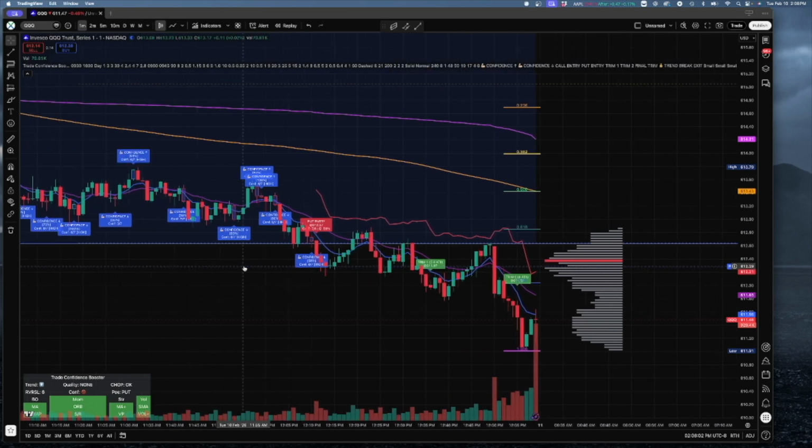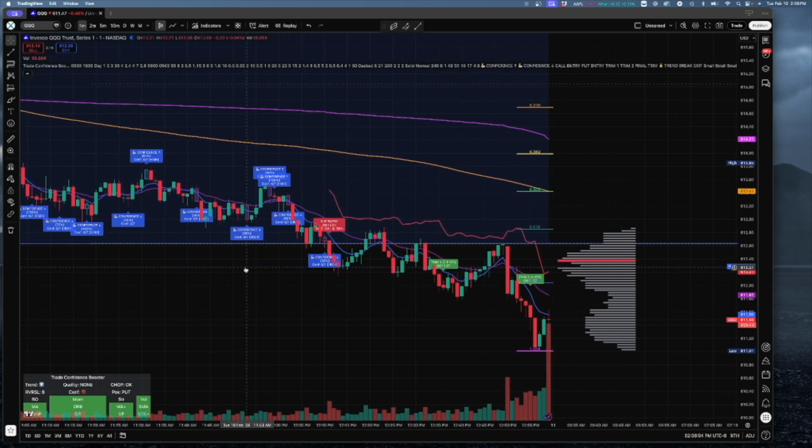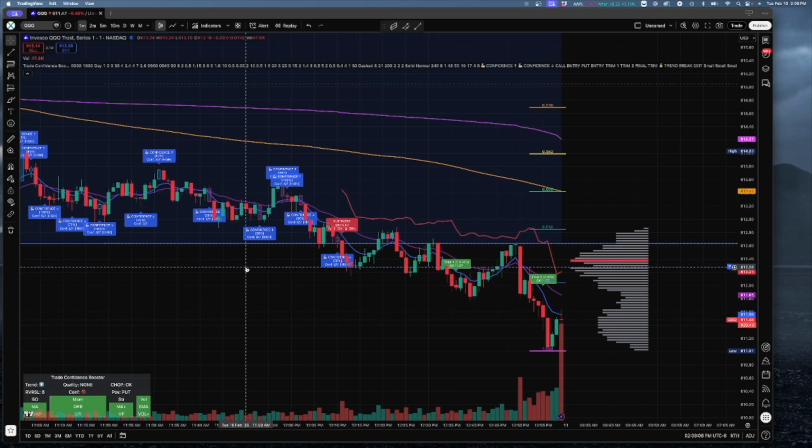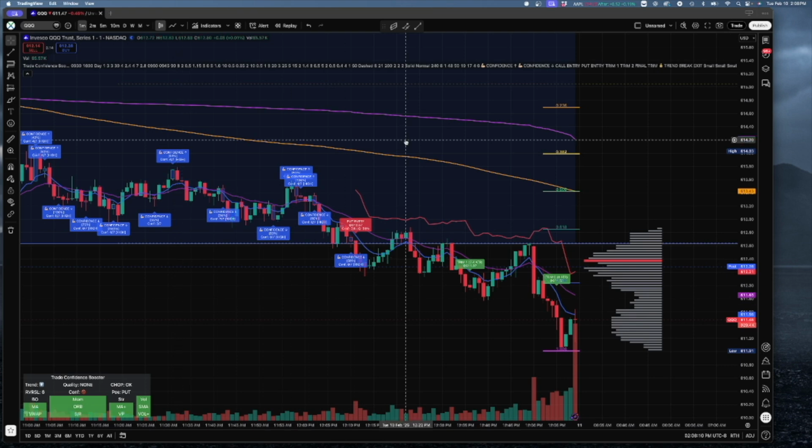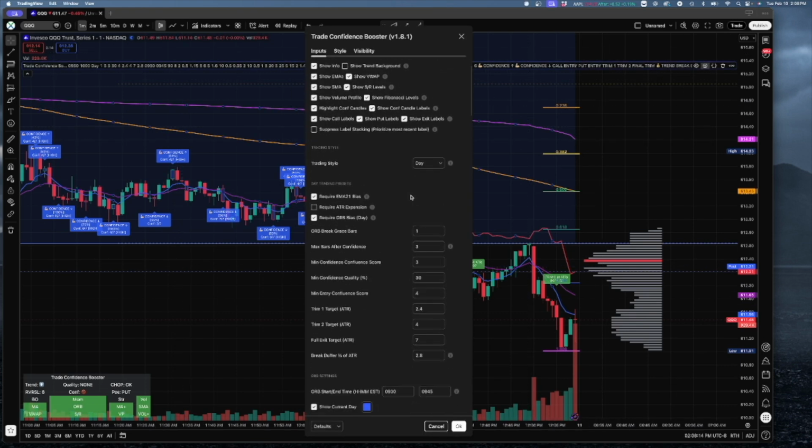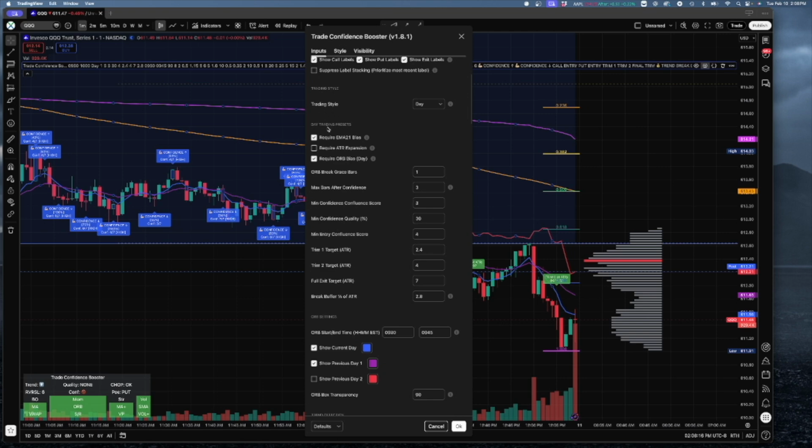It's definitely a work in progress. So if you guys do end up using the day trade option, feel free to provide feedback and let me know how I can make it better. But for the day trade settings, these are it right here. I can expand on that by adding more